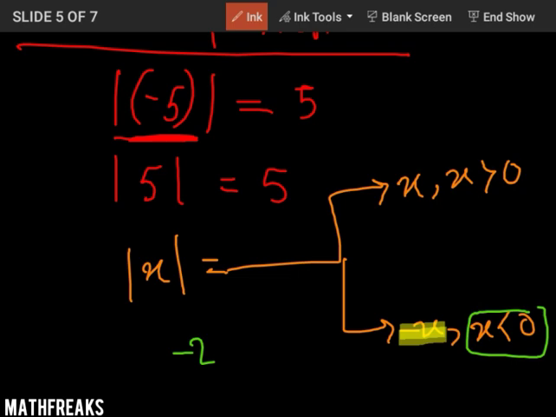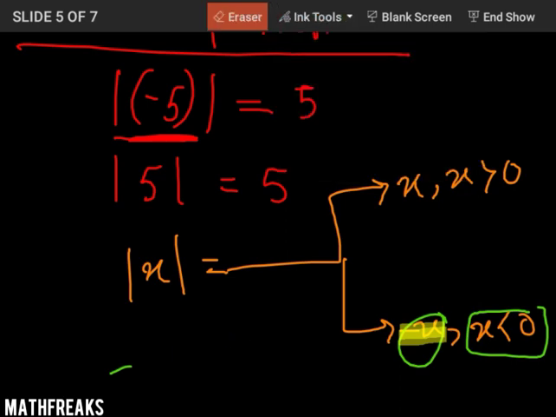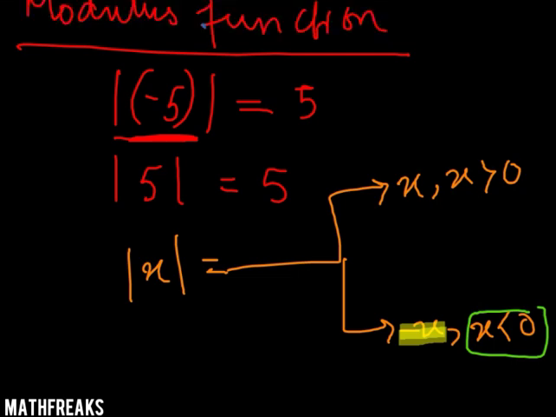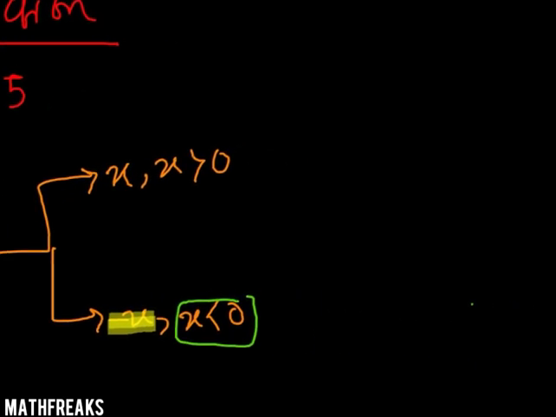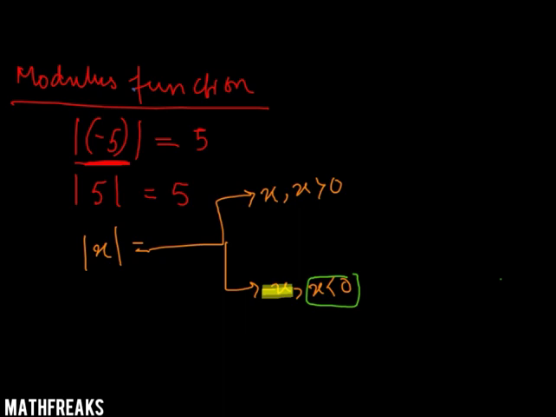Because you missed one condition, that x is less than 0. So if I take -2 and multiply it with the minus, then we are going to get 2. So this will also remain positive. Think positive and you will get the answer as positive, right? Now I hope that this one is clear, and now let's move on to the rules